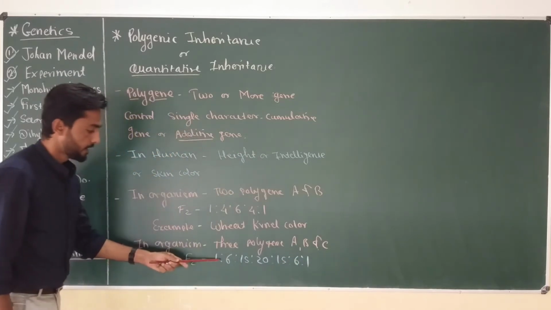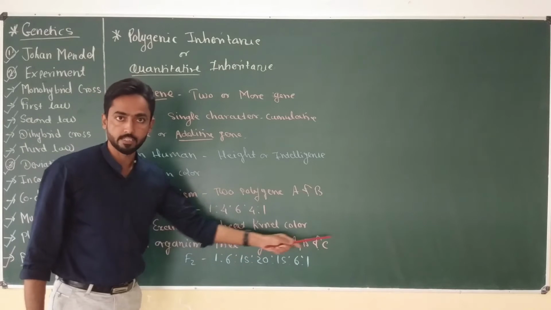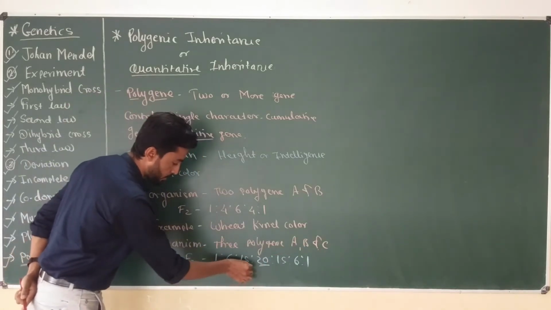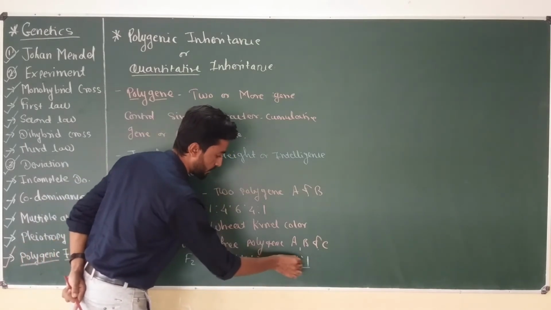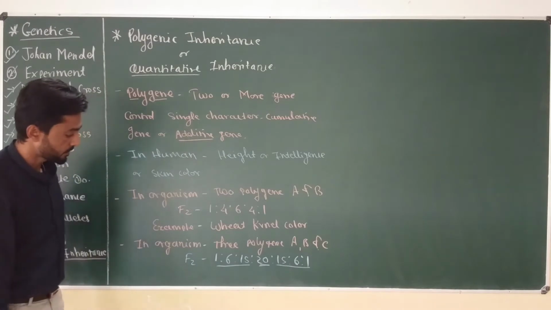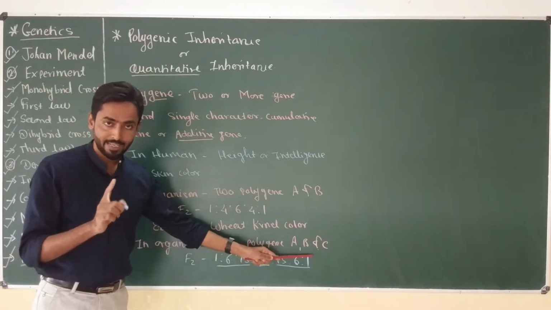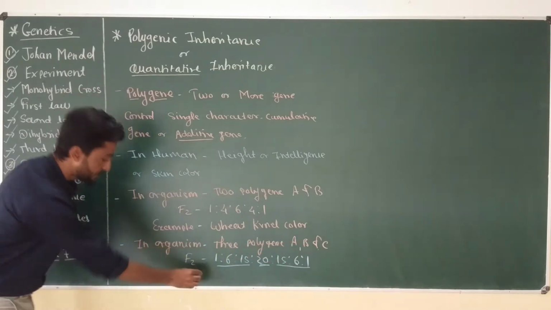So this is the ratio of the second generation if the character is controlled by three genes. Remember that 20 is in the middle. On the left side 1, 6, 15, and on the right side the same thing, 1, 6, 15. This is the ratio for three polygenes, and the example is